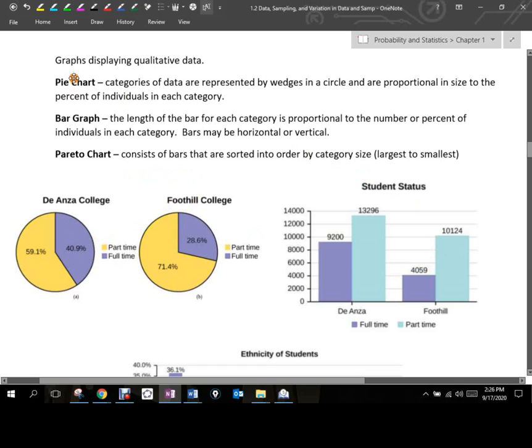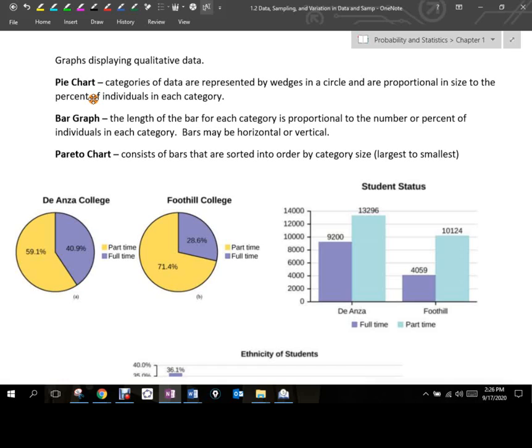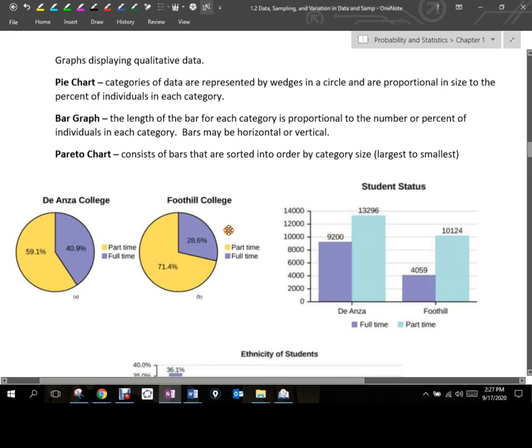So that's a pie chart. A bar graph, you guys have dealt with bar graphs since like the third grade. They can be vertical, like the one we see there, or they can be horizontal. Every time you do a bar graph, you're going to have an axis, whether it be the y or x-axis, that is numerical, and then the other axis is going to be your categories. So here our x-axis is our categories of students that are full-time and part-time.